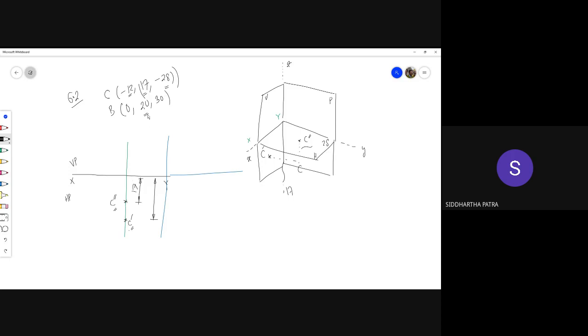So this much in front of the vertical plane and this much above the horizontal plane. But then this much in front of your profile plane as well. So what you can do now, if you were to plot these 2 points together,